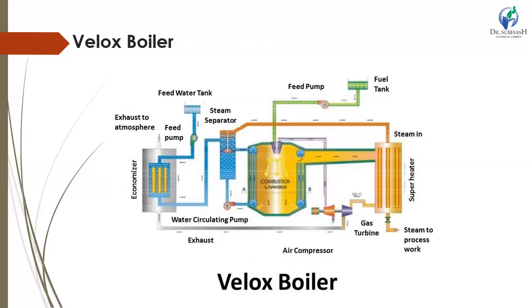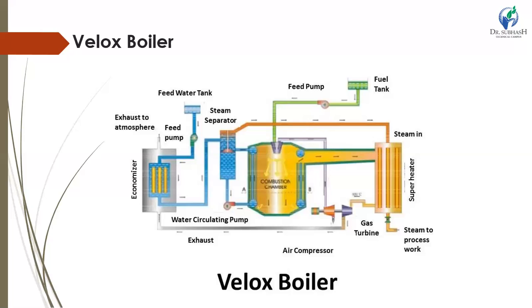The object of this compression is to produce a supersonic velocity of gas, 200 to 250 meters per second, in the combustion chamber. The fuel and air are injected downward in the vertical combustion chamber, which consists of a gas tube